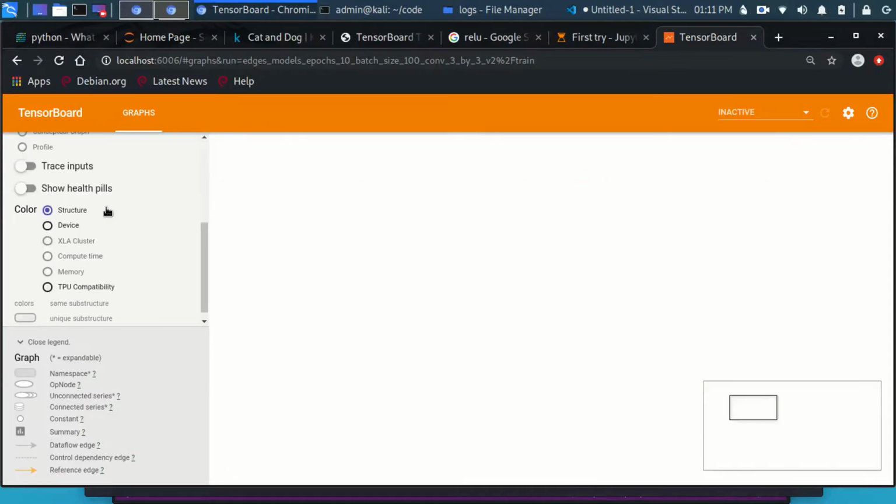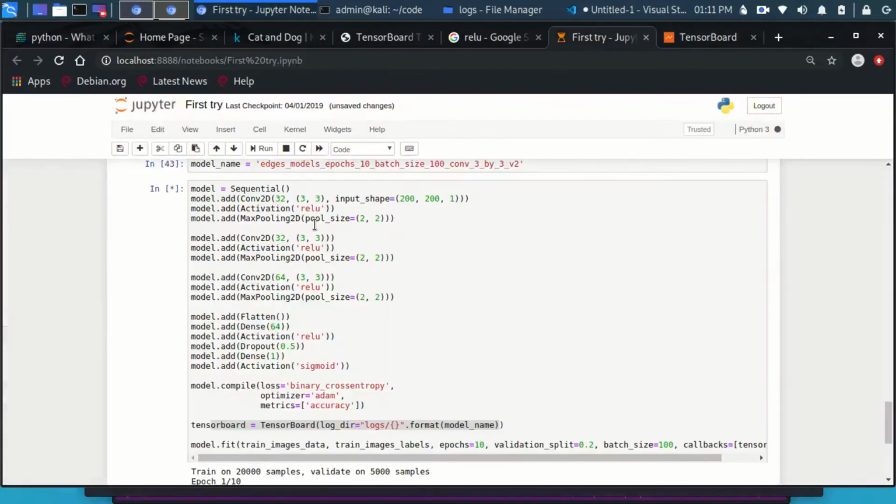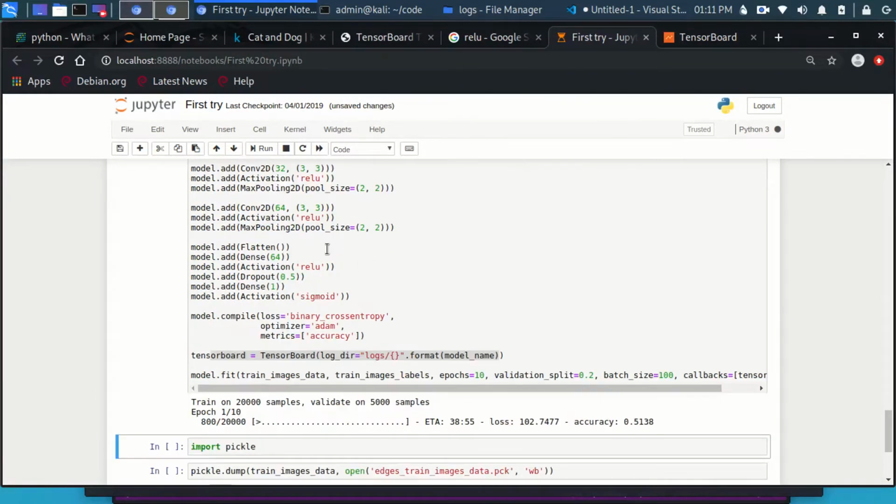Then with the max pooling 2x2, that now decreases the size of the result that comes from the convolution 2D, which actually can be larger than the prior one. And then finally a convolution 2D, which is 64 3x3, activation is ReLU, and then a max pooling of 2x2. And as I mentioned before, it's flattened, goes through a dense layer, an activation of ReLU, dropout of 0.5,